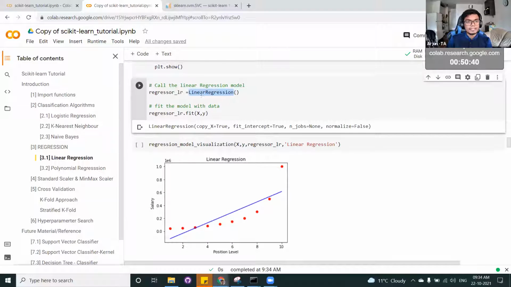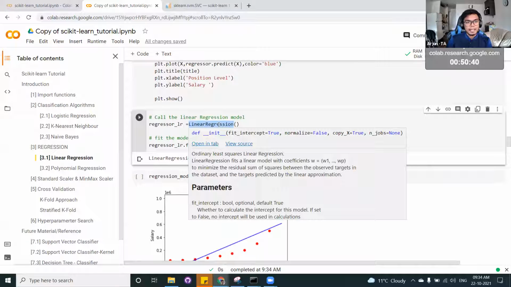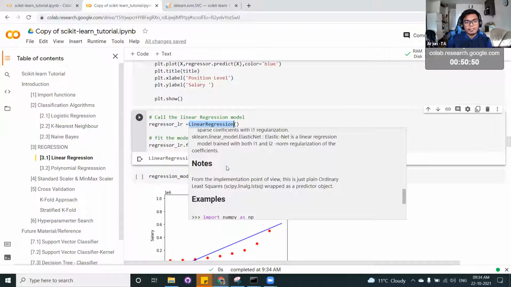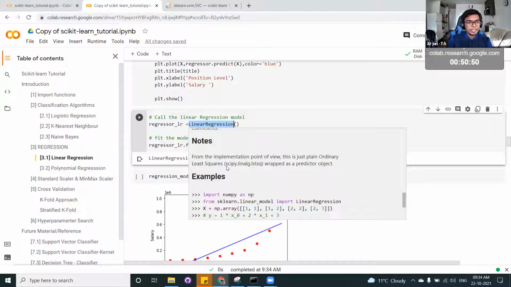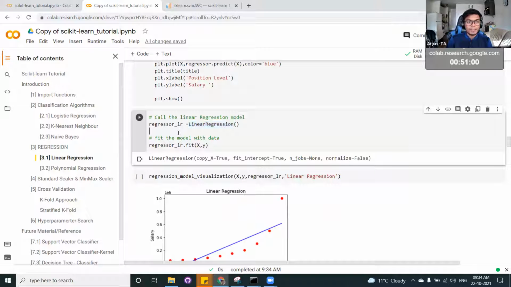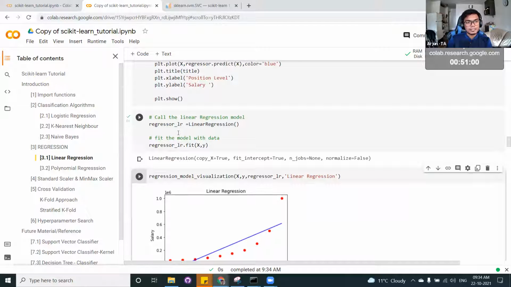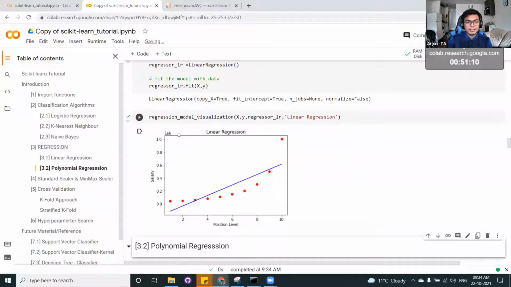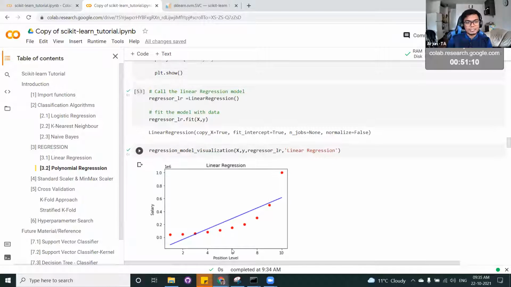So we will be calling linear regression using scikit-learn, and you can see normalize equal to true or false, and then fit intercept, and there is always some documentation that has been written. You don't need to mug up or know by heart each and every value, but you should have a firm understanding of what it means and whether to use it or not. So we will be using linear regression and trying to fit it. Obviously, you can see a line can't fit this problem.